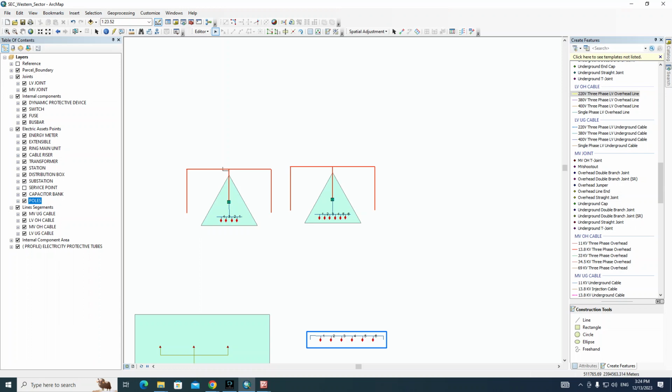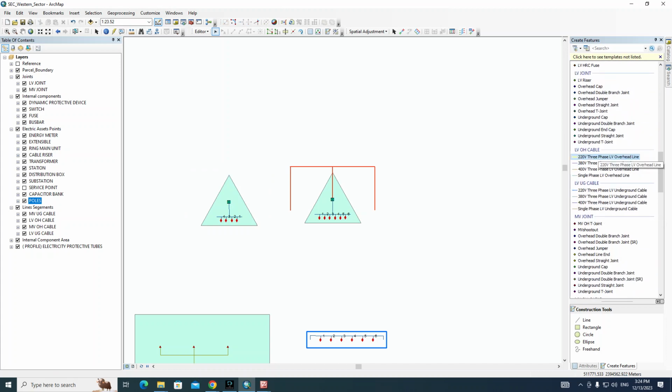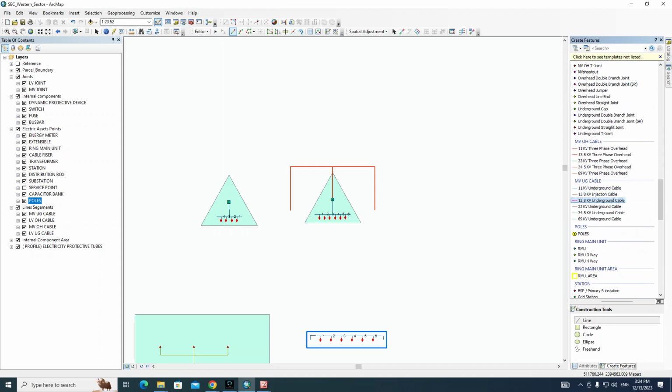So I will replace these cables with MVUG. Go for MVUG here and the edge and click, 0.1, 0.75, and 0.75. Okay,